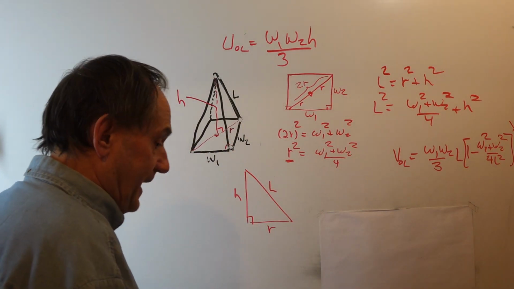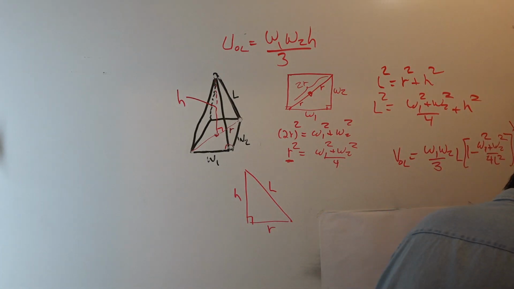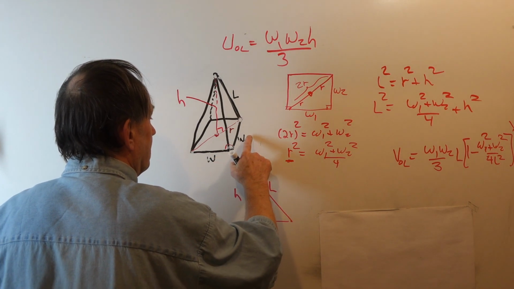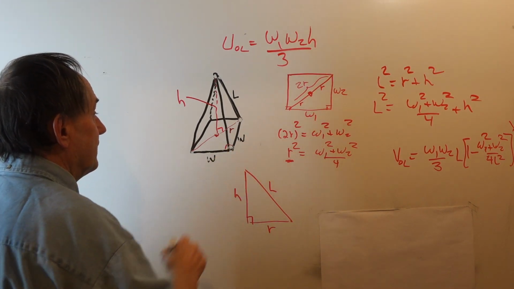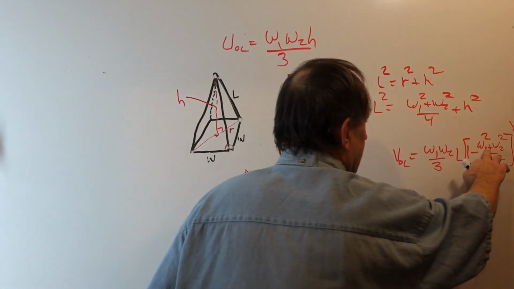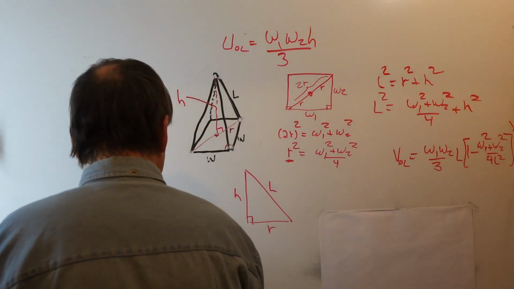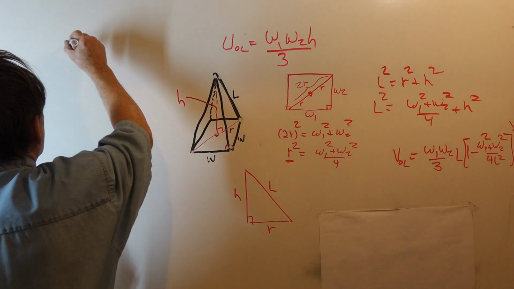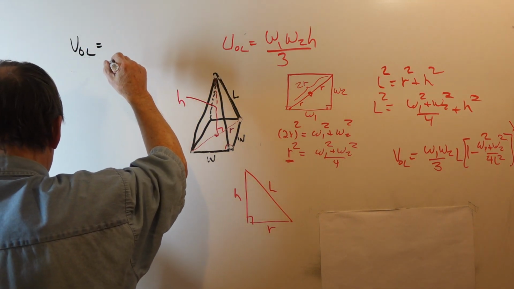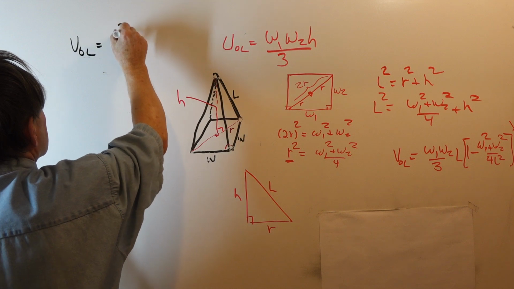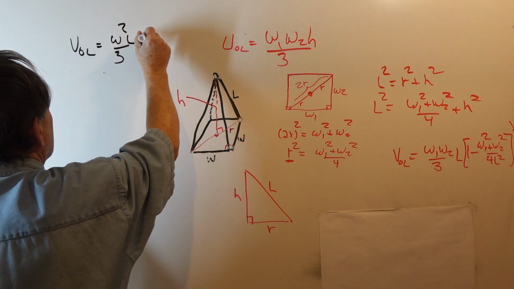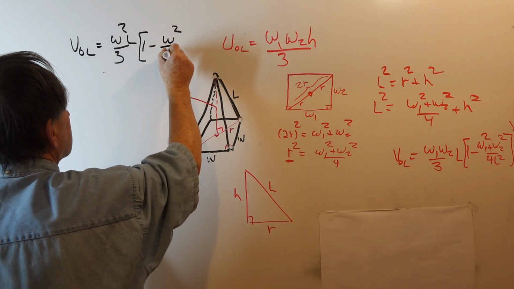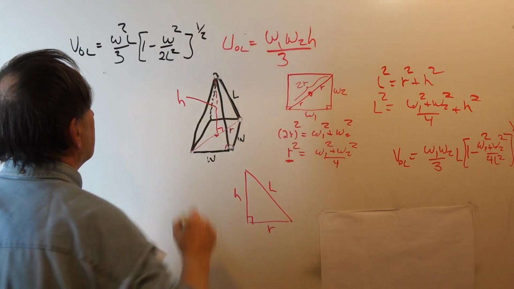Now, if we have a square base, W1 equals W2. So W1 and W2 are equal and equal to W. If you put that in, W1 and W2 are each W, and the same there. This will then work out to the volume is W squared L over 3 times 1 minus W squared over 2L squared to the 1/2 power, or the square